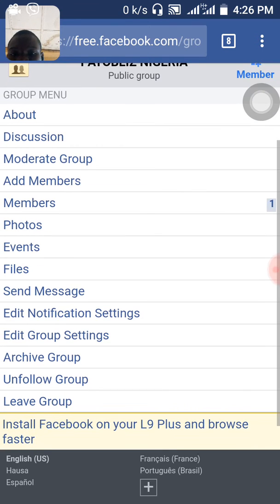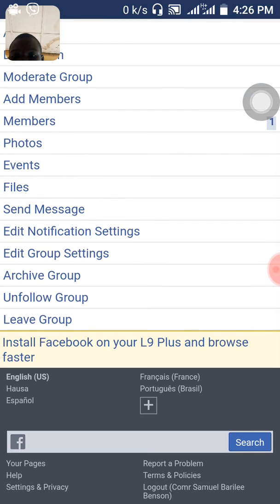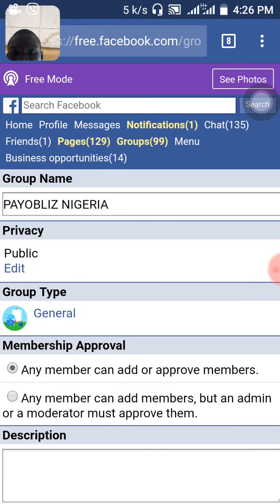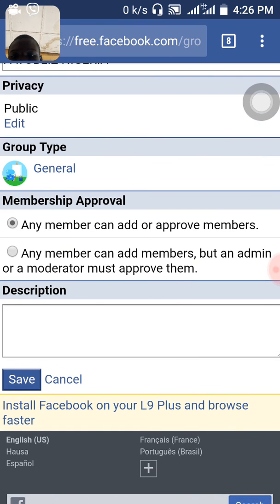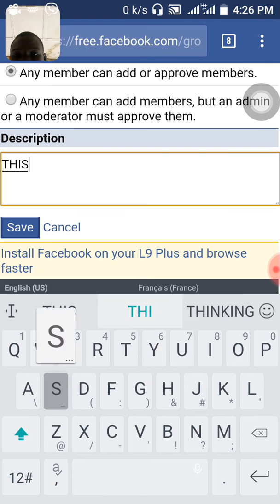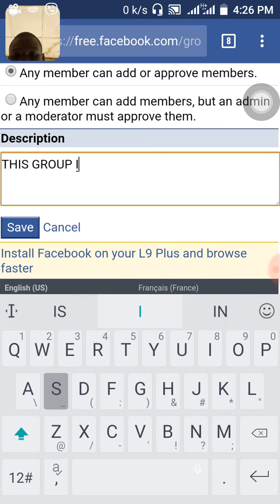So you see these are some of the things. You can now edit group setting. Click on edit group setting. Then you now describe the group. We will now describe the group. Here you describe the group. Under that you say this group is about